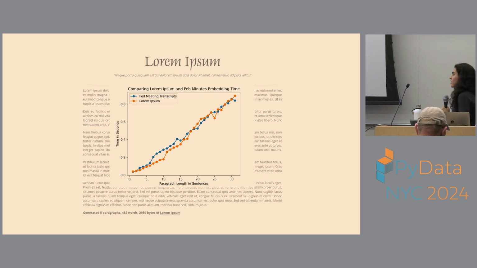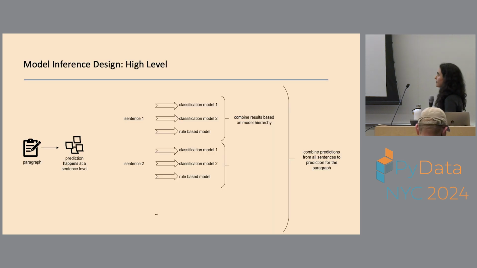So let's go back to this diagram that we've seen a couple of times. We know that prediction happens at a sentence level, and so embedding needs to happen at a sentence level. One way we can do embedding for end sentences is in sequence. We first embed the first sentence, then on to the second, and so on and so forth. In that situation, the end sentence is waiting for all the sentences before it can be embedded in the embedding